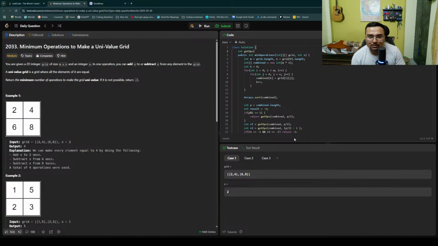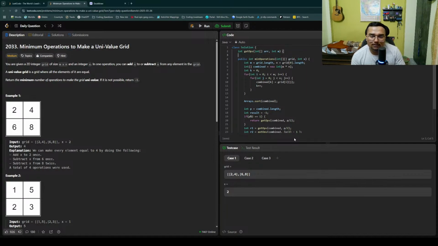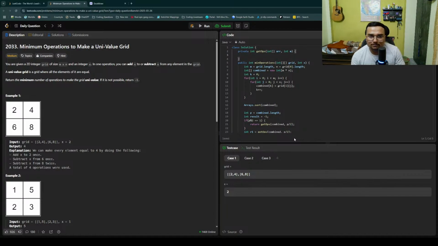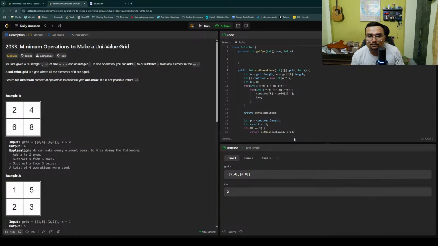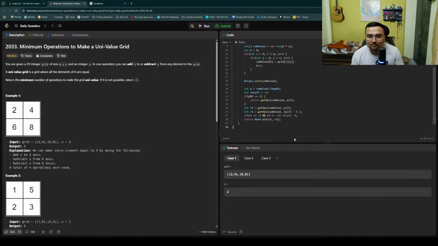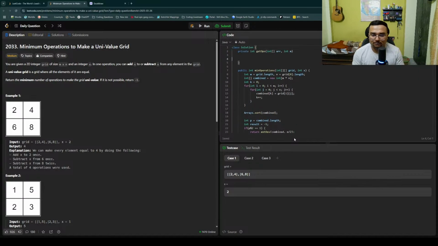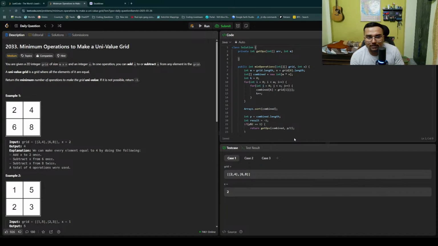int getOps, int array, int m, right? It's private. What happened to the... in getOps, ops equals